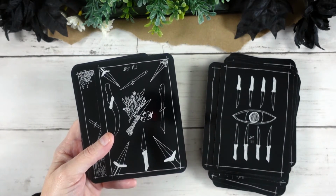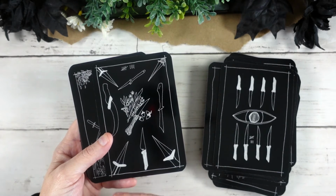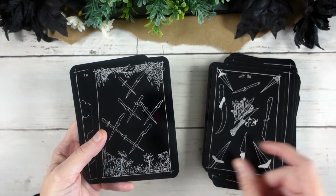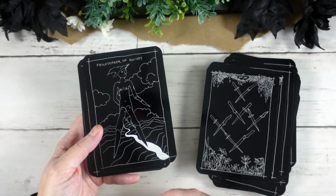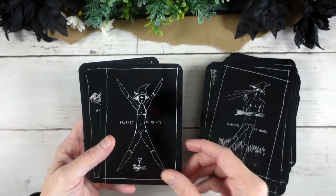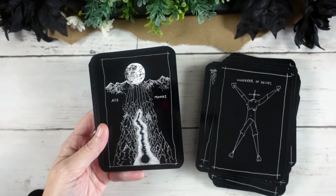So we can pull in more of our own associations in terms of numerological, elemental, the symbology that we see on the card, and of course our own tarot knowledge. And I think that's quite interesting. It's one of the reasons why I do actually like pip decks, because they are quite a bit more open. So let's talk real quick about my favorite suit in this deck, which is the suit of moons,